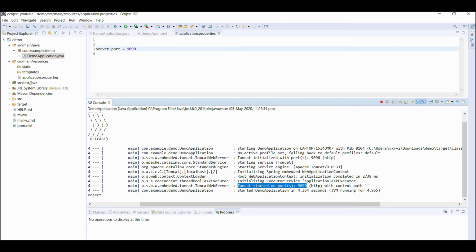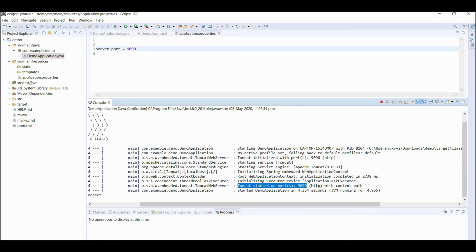So these were the three files. First one was your main application file, that was your class file. Second was your project object model, the POM file, and third was application.properties. These are the three files that are most important. If you do not care about any other file, it won't create any problem. But these three files you have to understand. At least you have to know the basic operation. What are the usages of these three files?